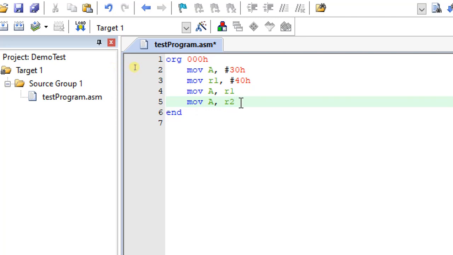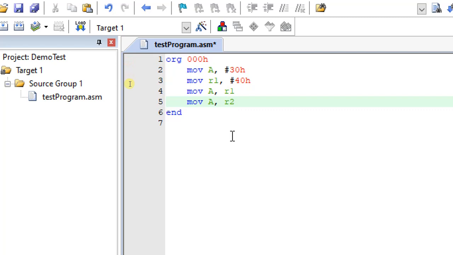If you observe, in R2 there is no data. I have not moved any data to R2, right? But in R2 by default there is the value 00. So if you move the data from R2 to A, the 0 value in R2 will be moved to A. This is the register addressing mode. The source is always the register, meaning the data is held by the register.